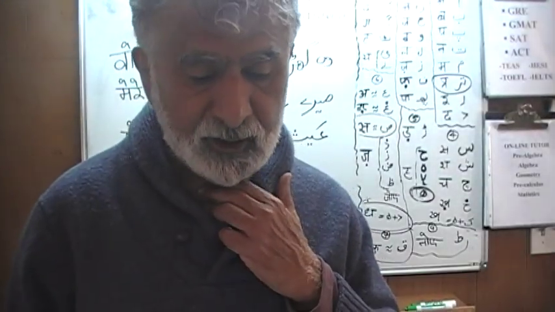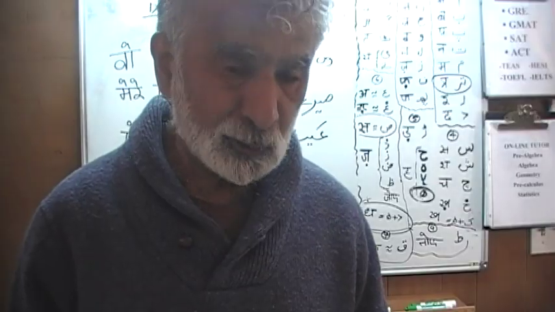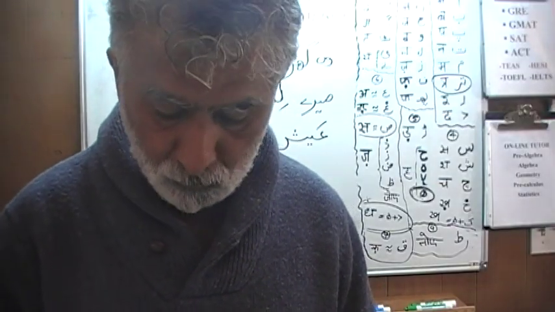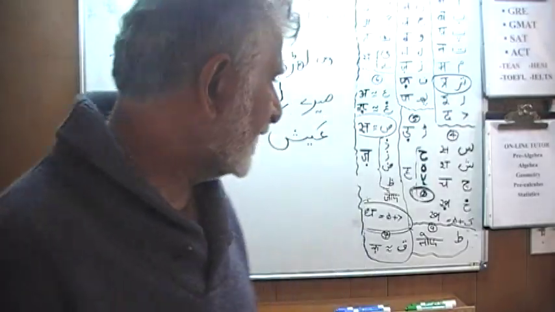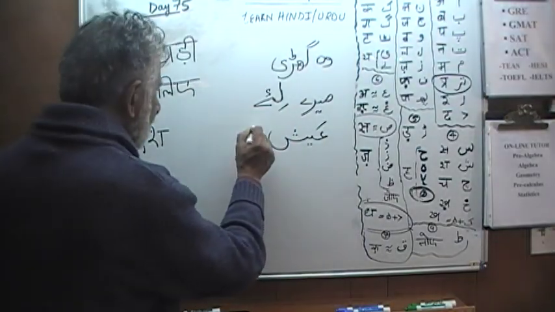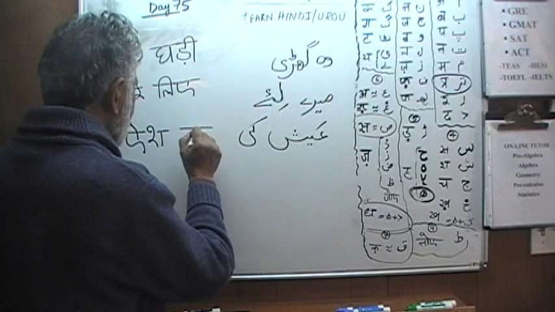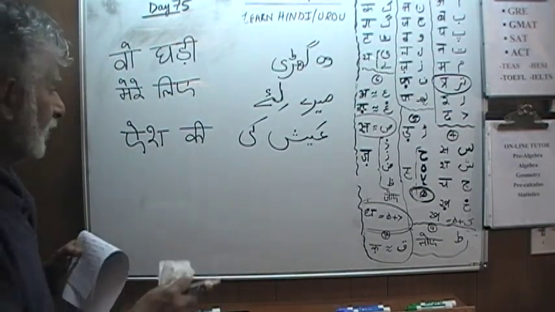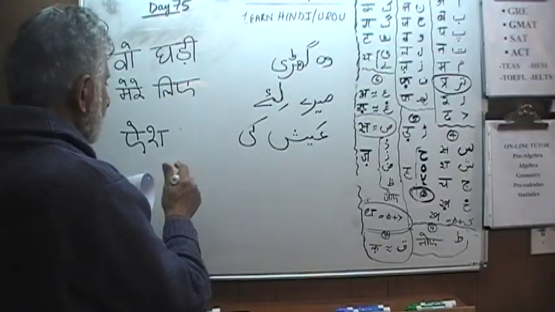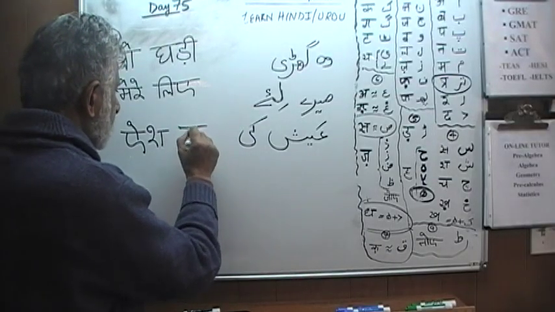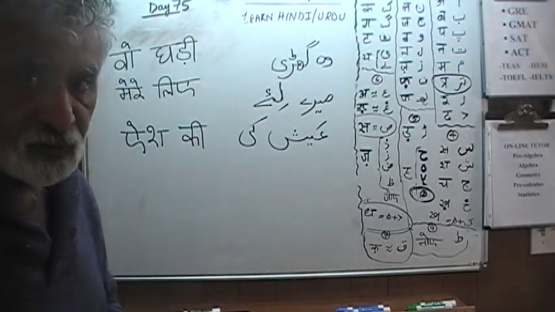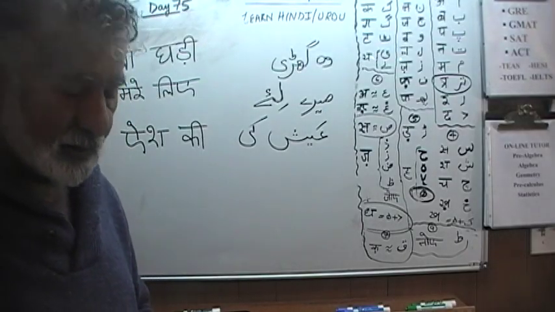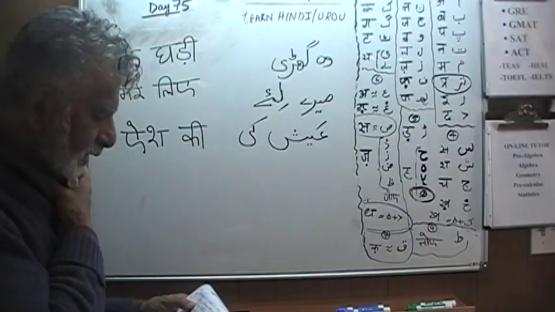जिस घड़ी मेरी निगाहों को दीद हुई, the moment I looked at him, the moment he appears before my eyes, वो घड़ी मेरे लिए ऐश की. And here's another vocab word, and this word is really a vocab word, not the kind of word that we hear every day. And the word is